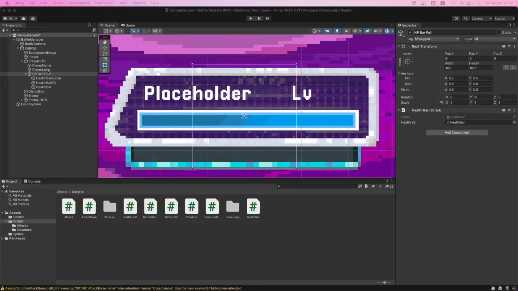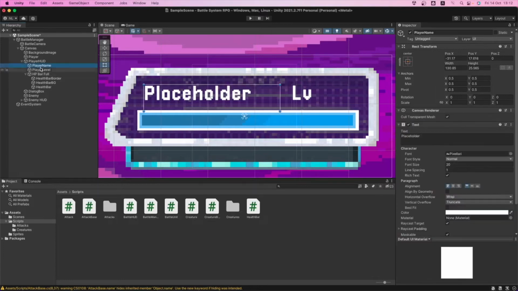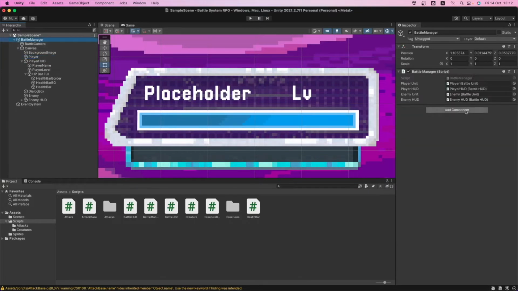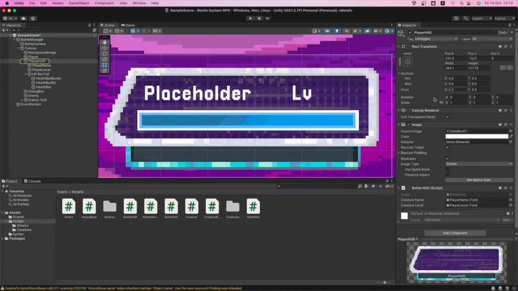So let's go into the player. Let's select the player, and there it is. We have the battle unit. No, let's go into the battle manager. So yeah, we need this script, the battle HUD for the player. So we're gonna open this.